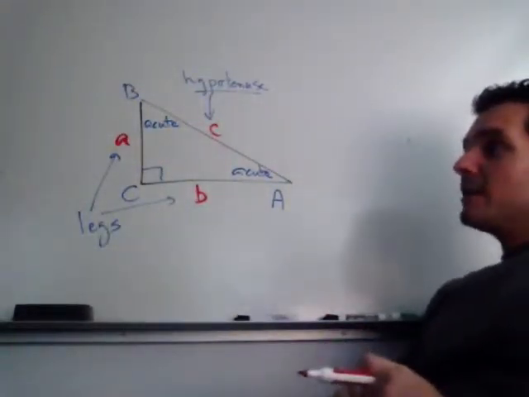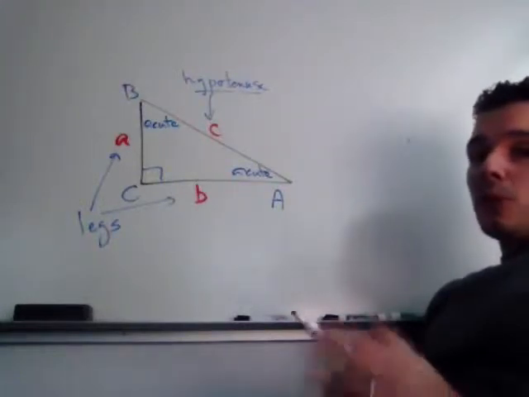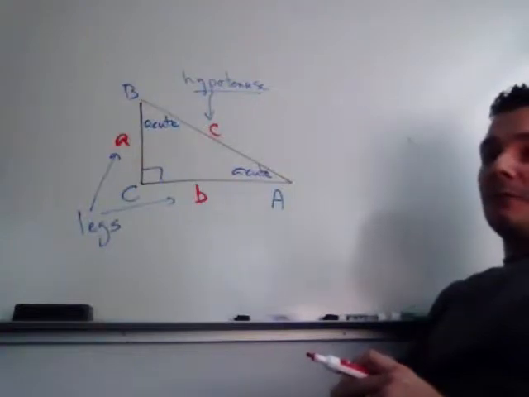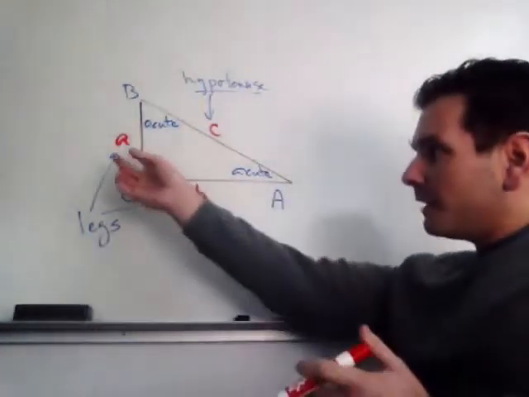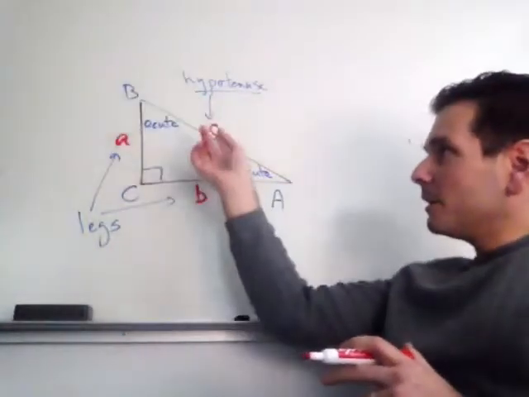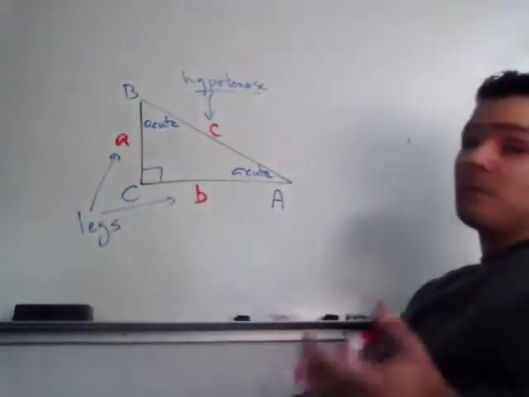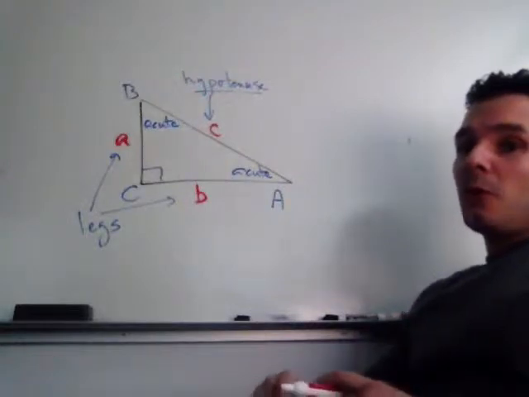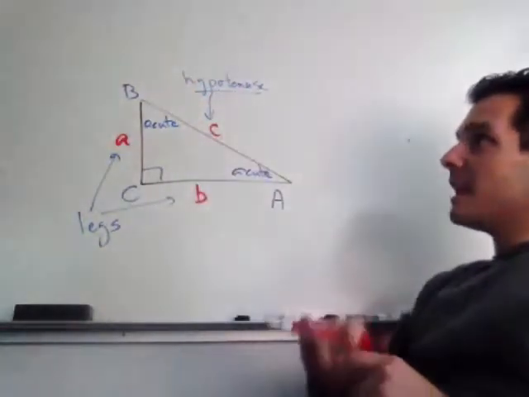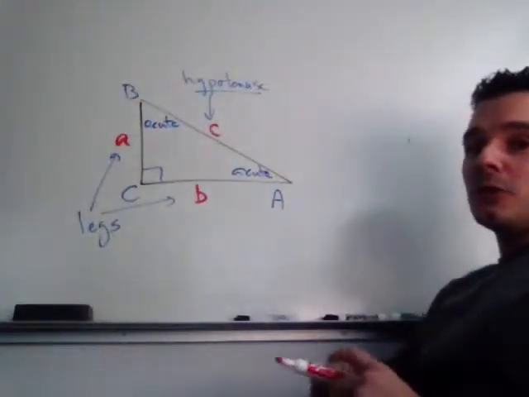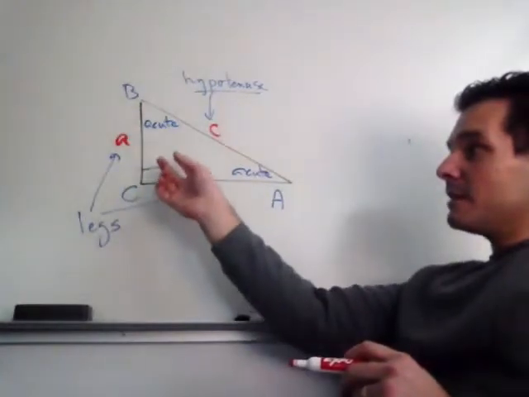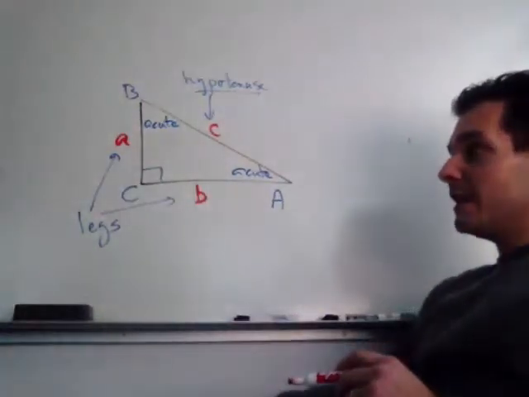Again, sides are named with lowercase letters, whereas angles are named with uppercase letters. So it works out nicely that lowercase a is opposite capital A, lowercase b is opposite capital B, and lowercase c is opposite capital C. And of course, you probably recall the famous relationship between the sides of the right triangle, known as the Pythagorean theorem, which tells you that if you take the sum of the squares of the legs,